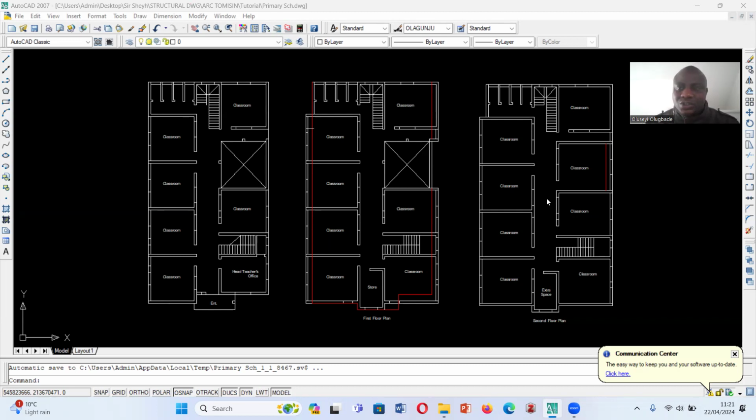Okay, so you would agree with me that the very first thing to do when you get your architectural design is to grid and panel the drawings so that you would know the position of your structural elements. Okay, you know how to place your structural elements. All right, so today,